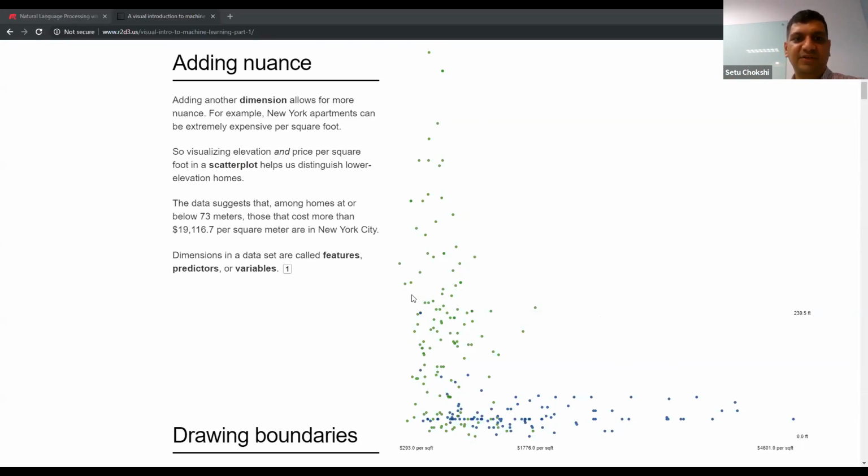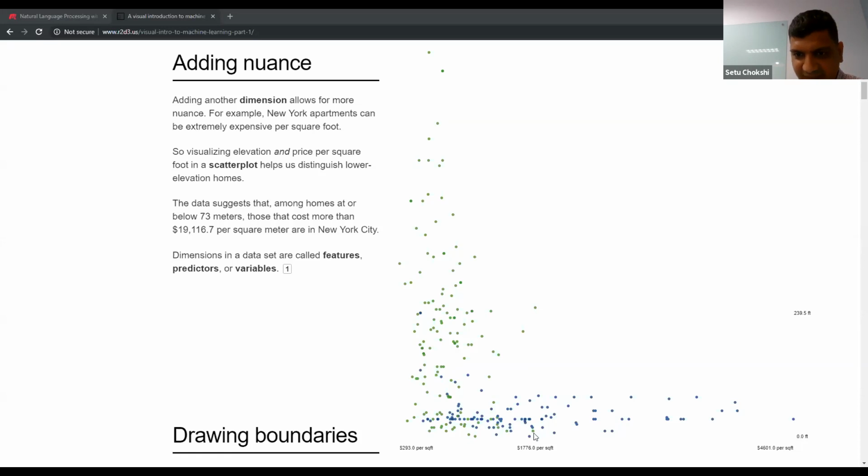Now, these two become what I call features, which in your traditional machine learning sense are also your variables. If I were to separate these out again and say, can you help me draw boundaries around both my elevation and my price per square foot? Where would I draw it? The first one was very clear: I could draw it at around 239.5 or around 240. That just gives me this point. How about my price per square foot? Post your answers on Slack, and then let's see.